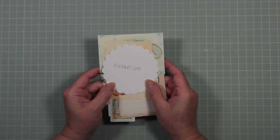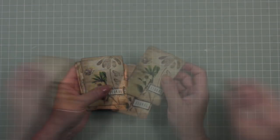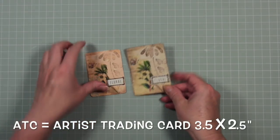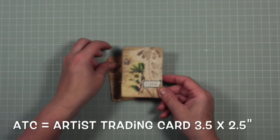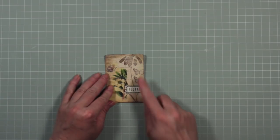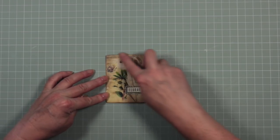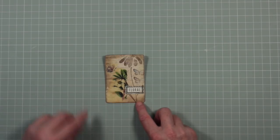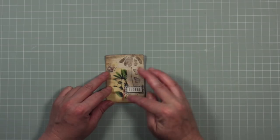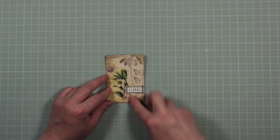What I'm moving into more and more is making my own ephemera. This one is an ATC, this is a little bit smaller, but this is the original, and this is a piece of craft card which I inked up with some vintage photo ink around the edges and a little bit of antique linen in the centre to lighten it. Then I took some stamps and I used potting soil archival ink to stamp the flower image and